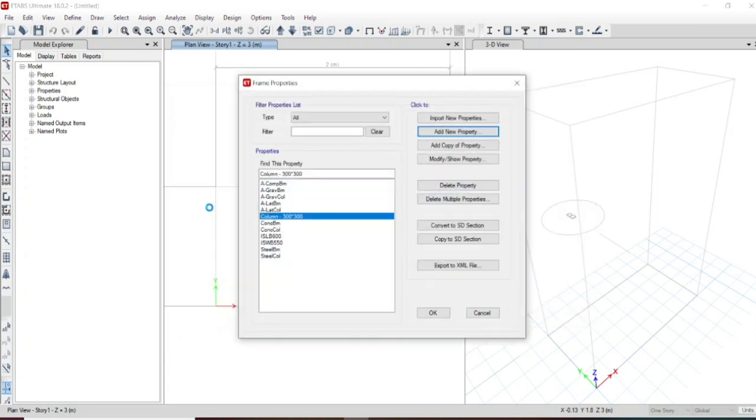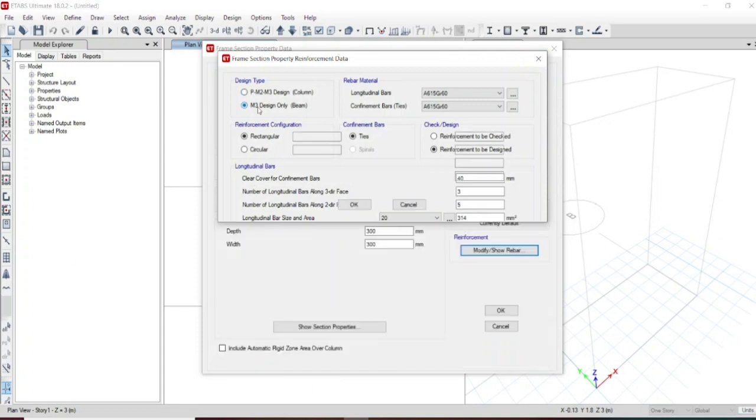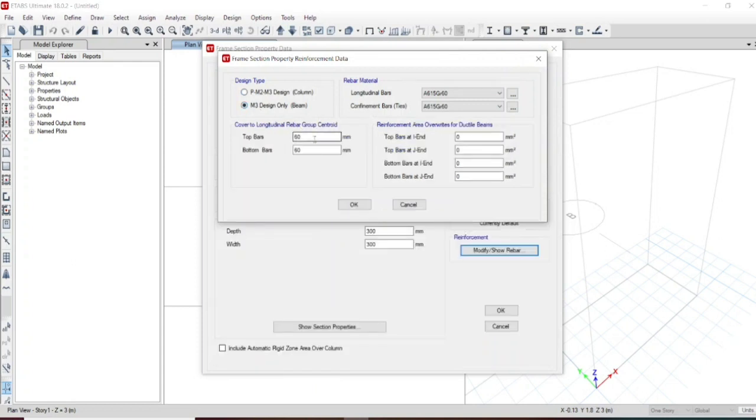We will make a beam property here, beam 300 by 300. This is designed for a beam, and let the cover be 25 mm. I am taking the minimum cover requirement as per the code, and bars let us take as 4 on 5.